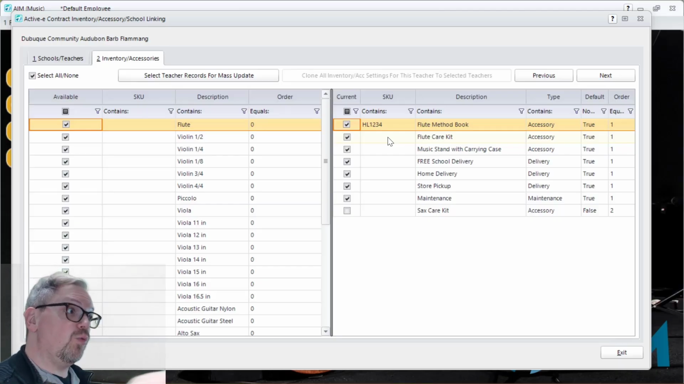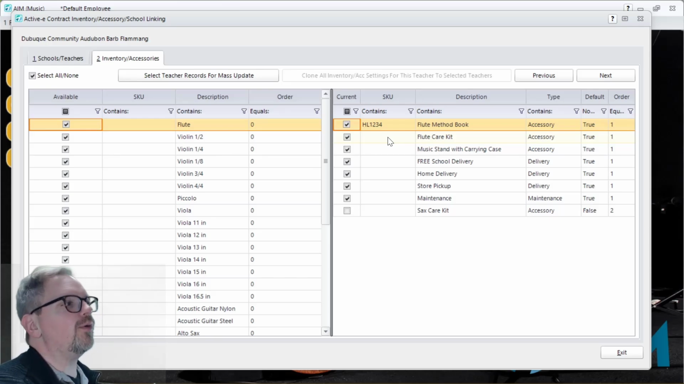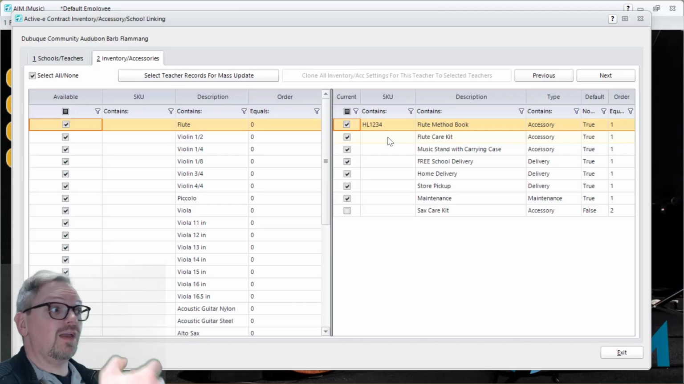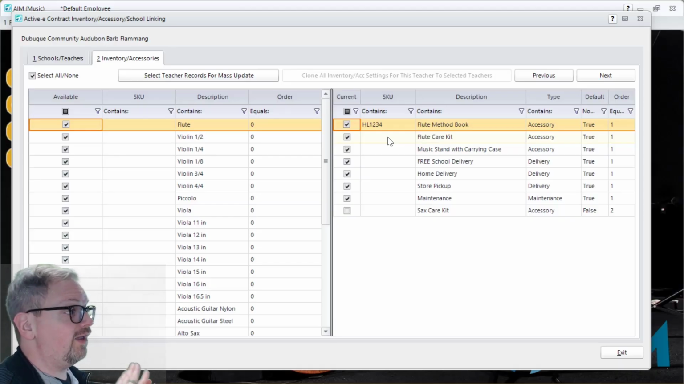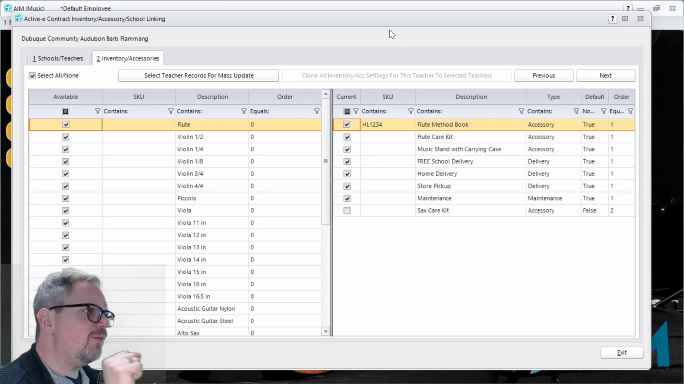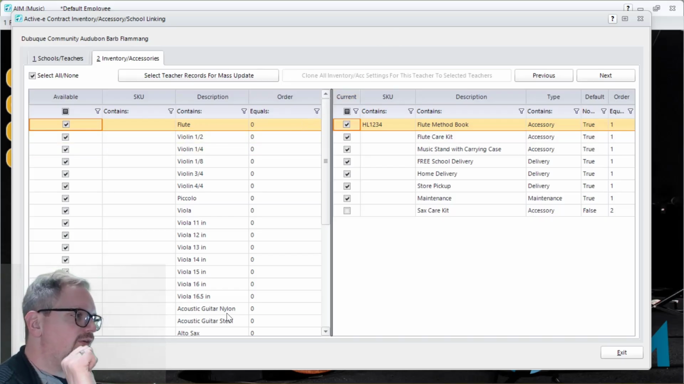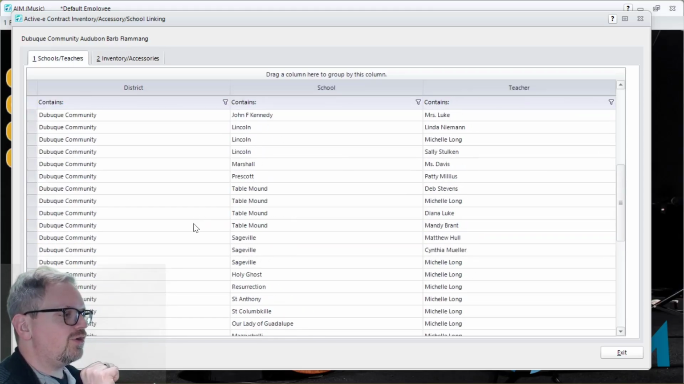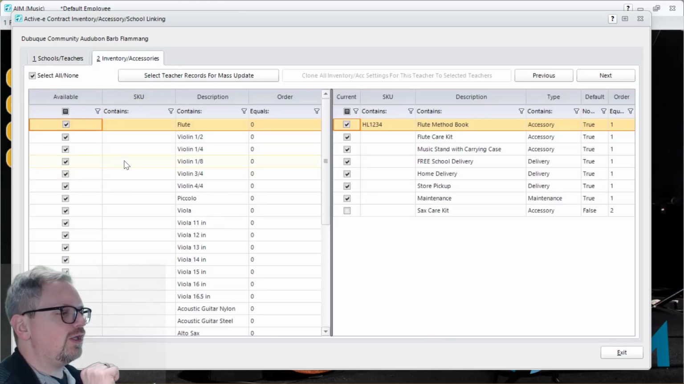The website is reaching into your local network, grabbing that information from AIM in real time, and then displaying that on the website as far as the districts, the schools, the teachers, the instruments, the grades, the rates, etc. Now, I want to talk a little bit about some of the simplification of this setup, because obviously if you've got a huge list of teachers and then by extension a huge list of instruments,